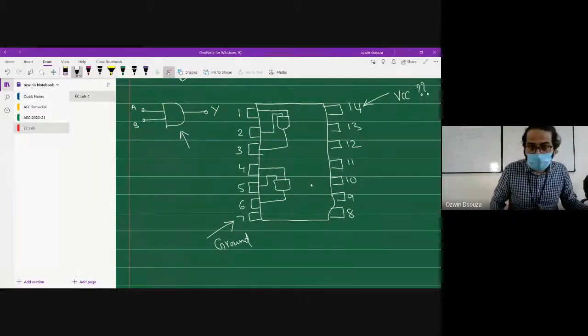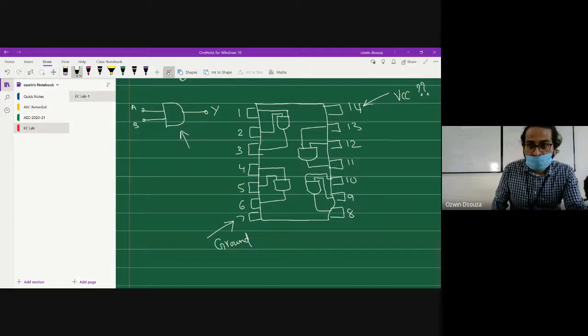Over here, what happens? The mirror image will be there. So terminal 8 is the output. Terminal 10 and terminal 9 are the inputs. Similarly, terminal 13 and terminal 12 are the inputs to the AND gate, and terminal 11 is the output. This is how the IC layout is made